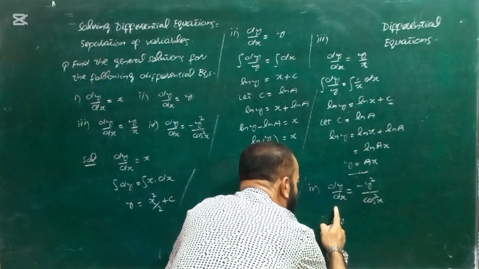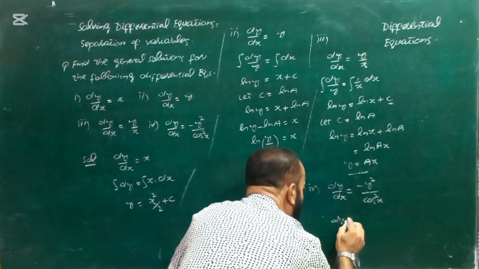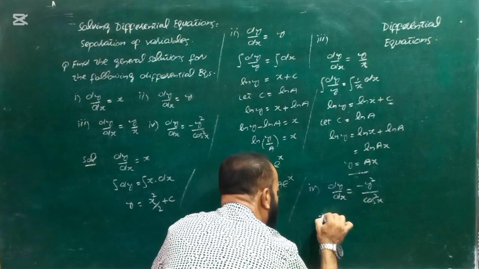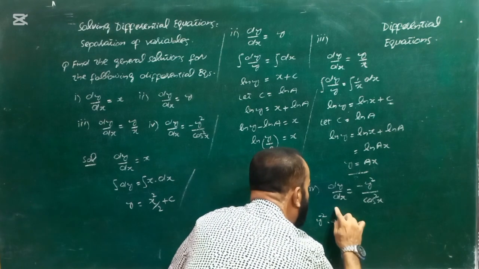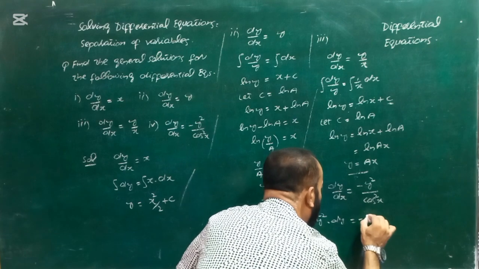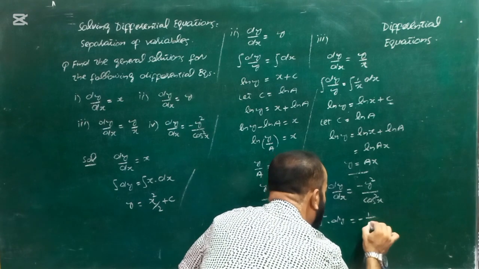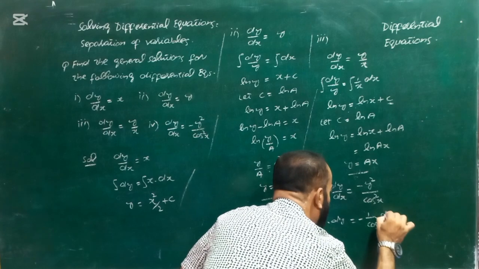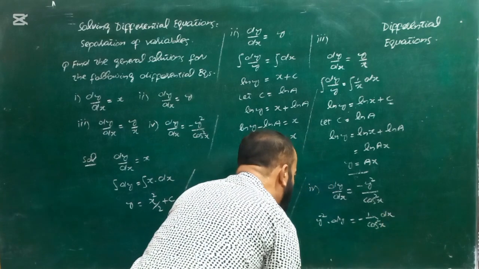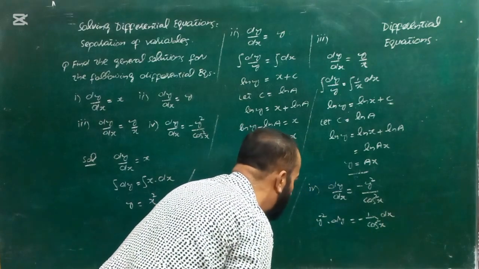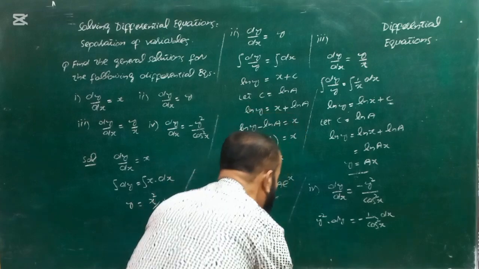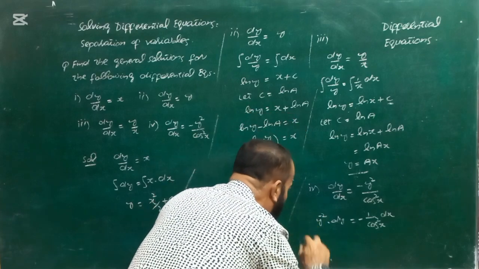This will come to the denominator, and in the numerator it will go like y raised to the power minus 2, and on the right hand side there will be 1 over cos square x into dx. Okay, separating y values on the left side and x values on the right hand side, this step is done. Now the next step will be